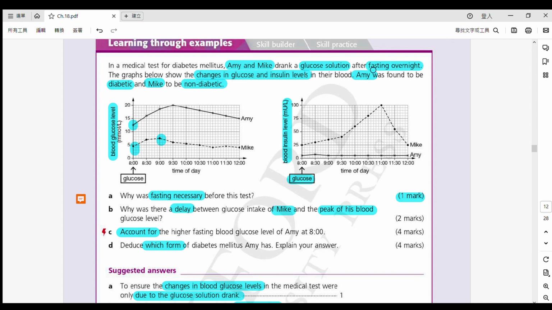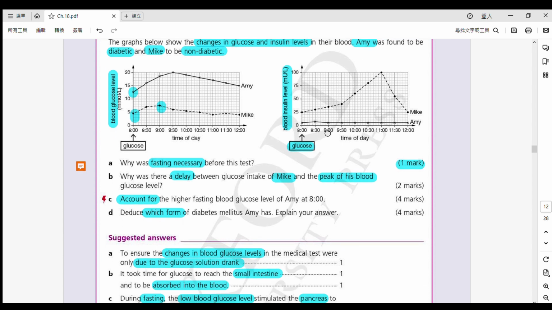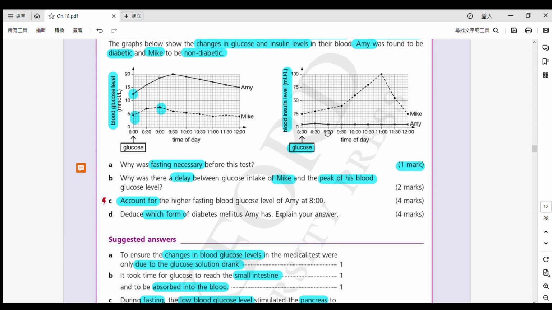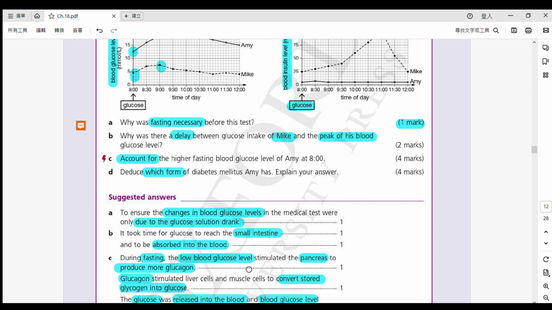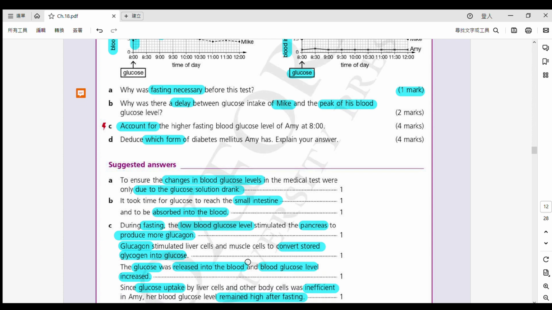When a person is having fasting, what will happen? That means the blood glucose level will decrease. Right? When she doesn't eat, the blood glucose level decreases, resulting in a low blood glucose level. And when there is a low blood glucose level, what will happen? It will stimulate the pancreas to release glycogen, no, not glycogen, glucagon. Very good. Okay, it will stimulate the pancreas to